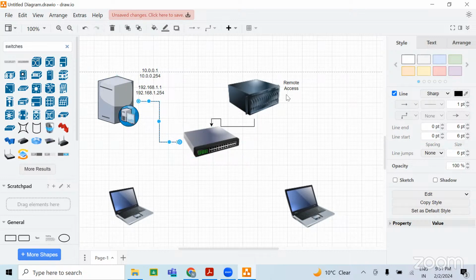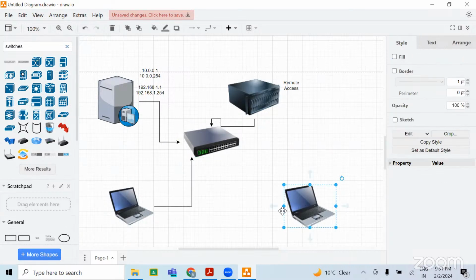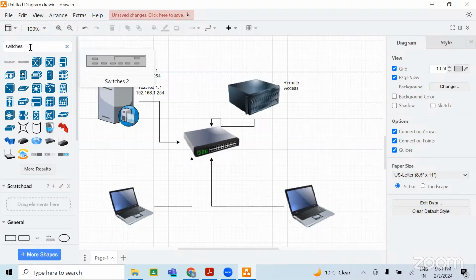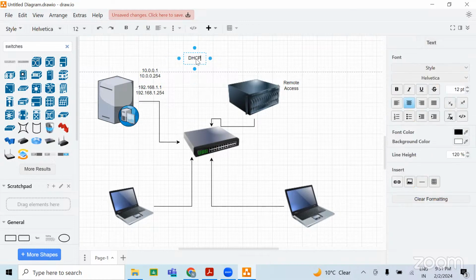And we are going to configure this server in such a way that this device should get an IP from class A and this device should get an IP from class C. That is called DHCP relay agent. Right? So practically we will see how we are going to implement it.